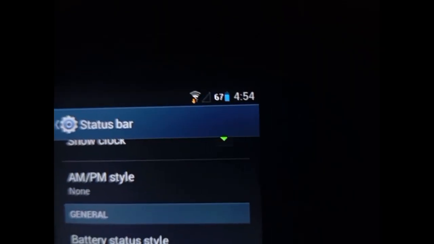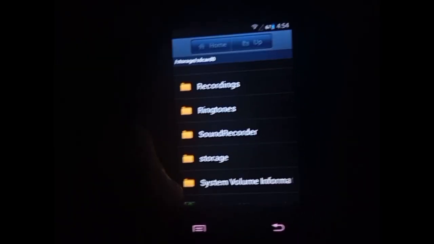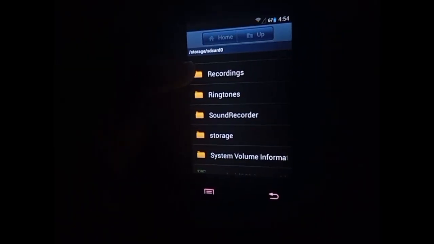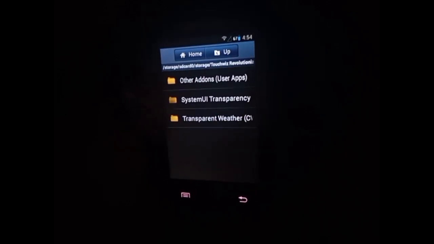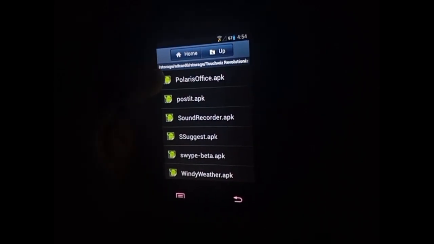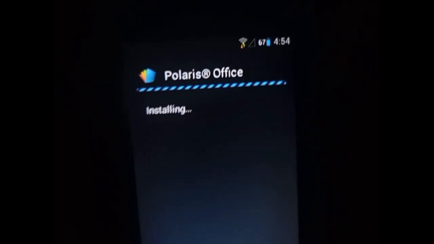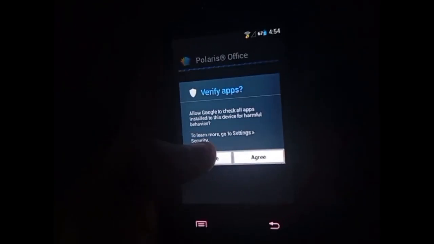Starting things off with Polaris Office. Register, sign like always. Nope, don't verify apps. It's completely obvious since I posted all the mini paper or whatever app there is. Oh, disagree. It's installed. Sound recorder. Oh, fine. Just agree with it. Looks like the installation is complete. Next is